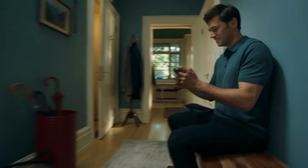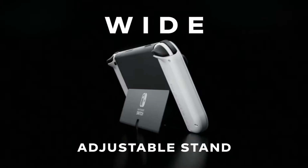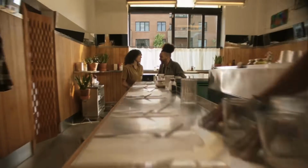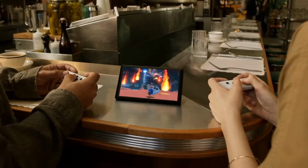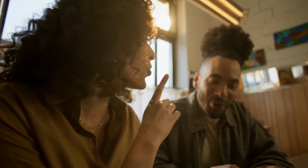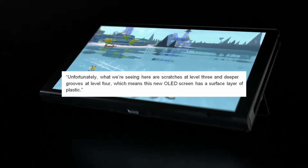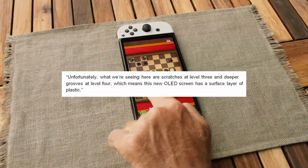And well, thanks to the YouTuber by the name of Jerry Rig Everything, we do now have our answer. He basically went ahead and tried to destroy the Switch OLED to see how easy it is to scratch that screen. Well, he came to the conclusion that yes, you absolutely do need a screen protector. He gave the screen a 2 out of 10 on its hardness rating and says, unfortunately, what we're seeing here are scratches at level 3 and deeper grooves at level 4,